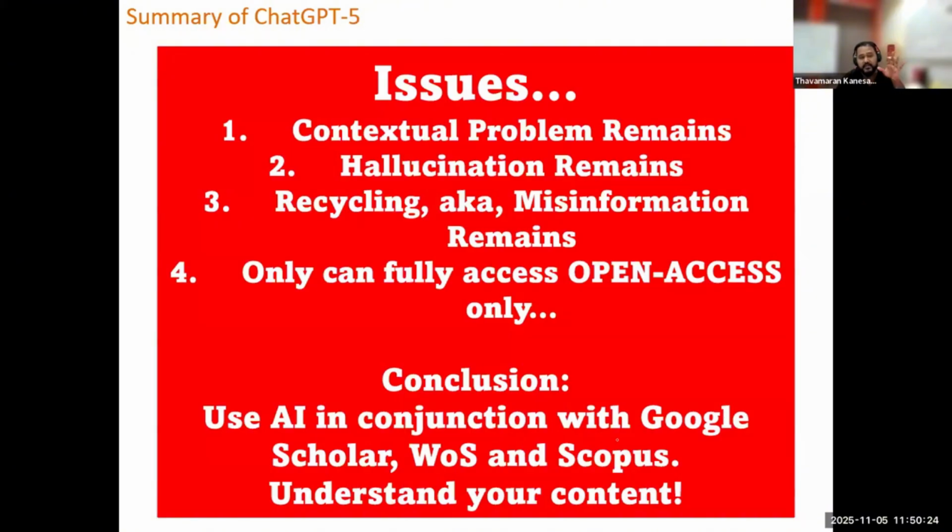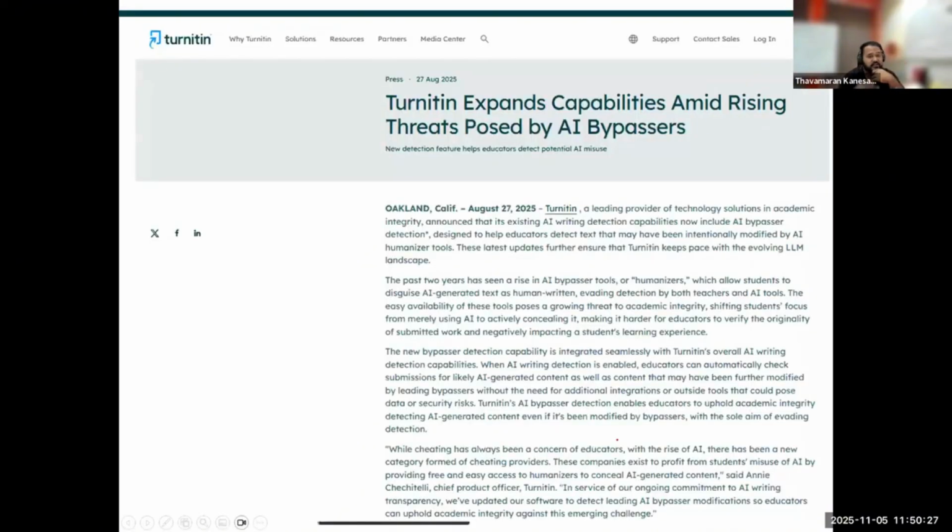That's the bottom line, right? So, coming to Turnitin, this was a famous question I think many students are asking. Turnitin expands capabilities amid rising threat posed by AI bypasses. That means all the humanizing tools, okay? So, very simple. This is the August 27, 2025 update. It came into effect from October 14. Okay, I can tell you that very clearly because I know from October 14, our phone never stopped buzzing for